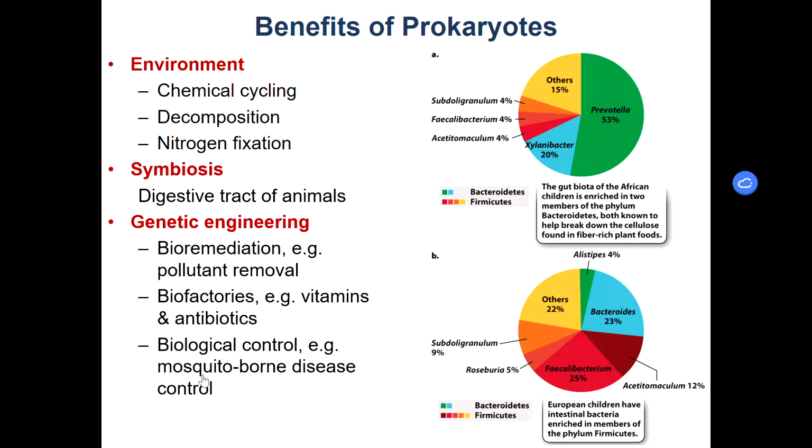And one that I think is really cool is we could use it in biological control. For example, we can take certain bacteria that's found in some insect species and implant it into mosquitoes that transmit diseases, and those mosquitoes can be released into the environment, spread that bacteria, and if that bacteria is in those mosquitoes, they actually are not able to transmit certain diseases. So we can use bacteria to help stop diseases that are spread by other organisms.